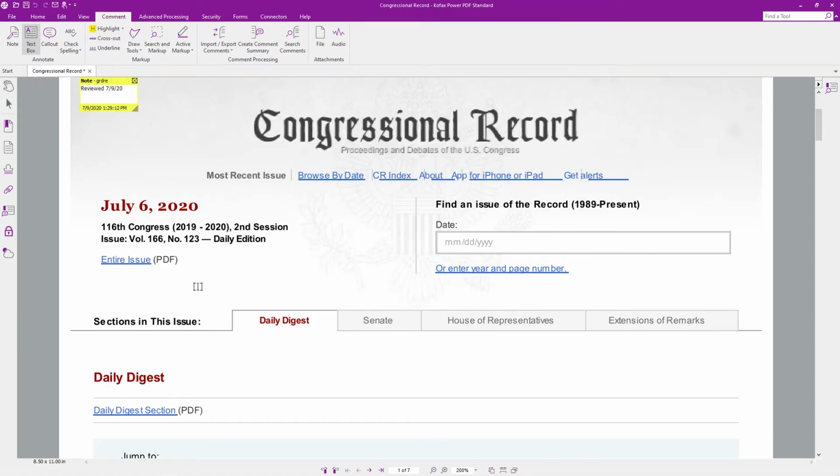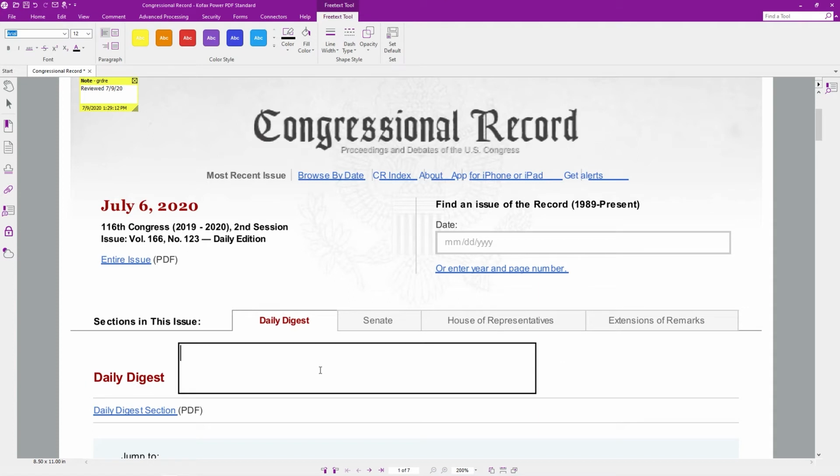Okay, text box. This is just adding text to a document. So I can make a box and I can type in here. That's just a note that is sort of the same, but not a sticky note. This can actually be embedded in the document if you're not going to use notes. You can just put this as